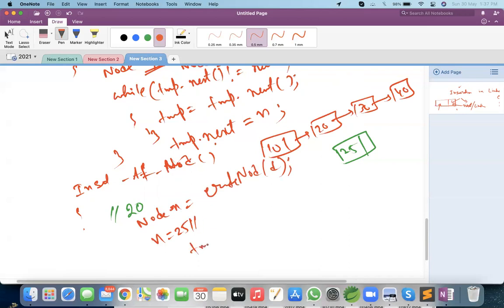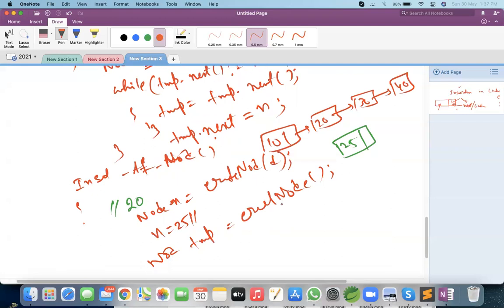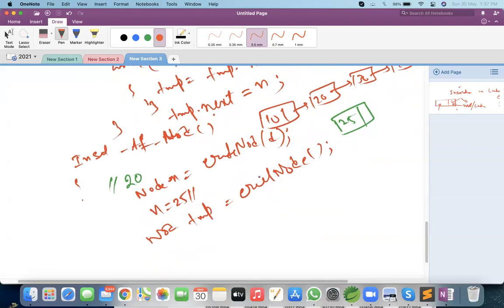Now I need another temporary variable, node temp, which will point to head. So this is temp and this is head. Okay, so I need to iterate till I get 20.